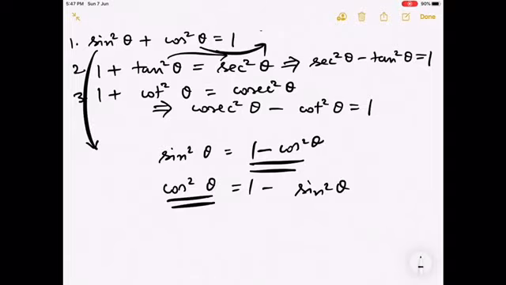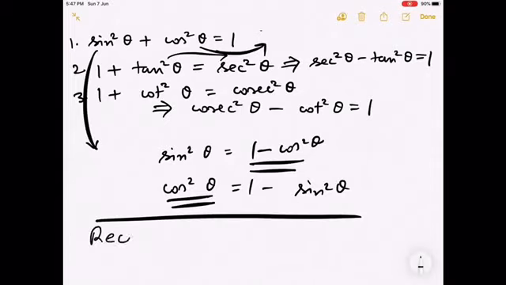So that covers all the basic things regarding trigonometry. I have tried explaining all the 3 basic types of formulae here. The first one, which I considered reciprocal relations, then I considered the quotient relations, and then I considered the square relations. So all 3 types